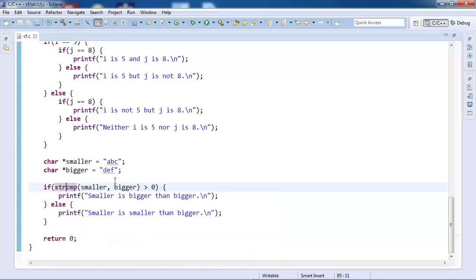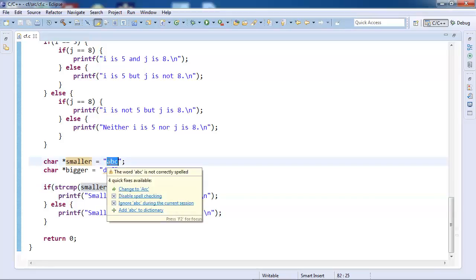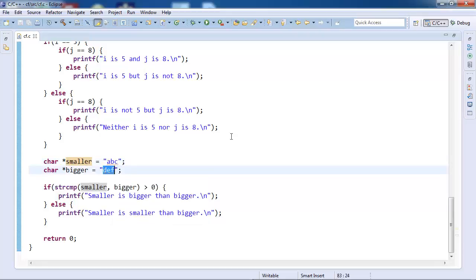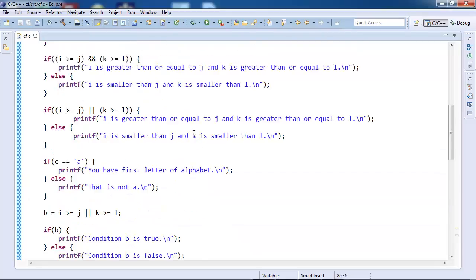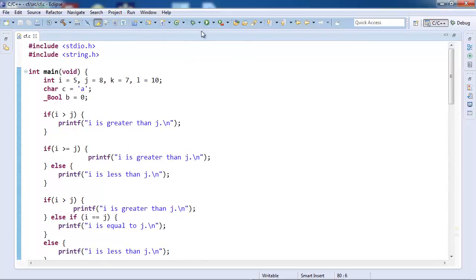So what will it print? Smaller is smaller than bigger. This string is smaller alphabetically. A comes before D, right? So let us try to run this program